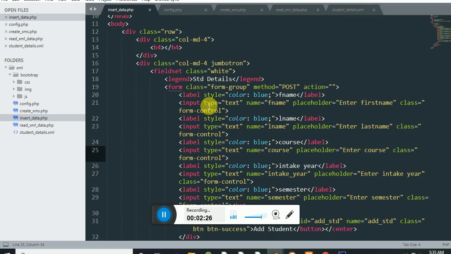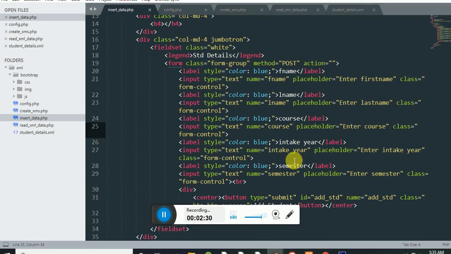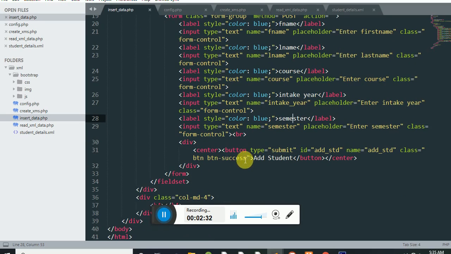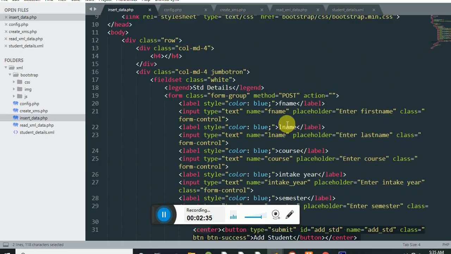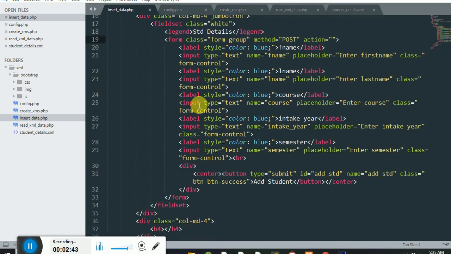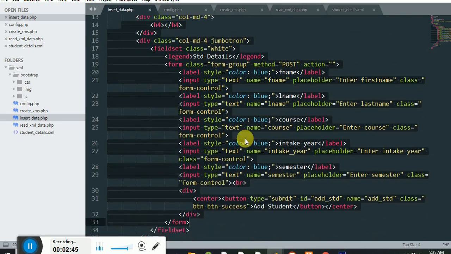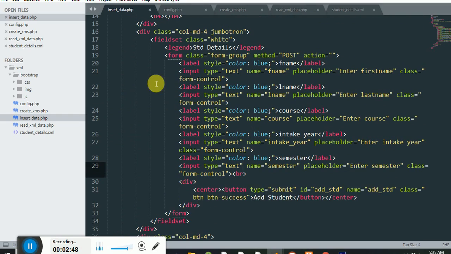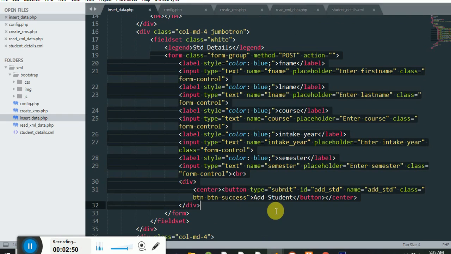I think you can just use a simple HTML page with the surname, place name, course, intake year, semester, and maybe just a submit button. If you check, there's nothing big there, but don't forget it's inside a form, and I'm using a method called submit. So if you need the piece of code, you can take it. My point is just here, so copy this piece of code